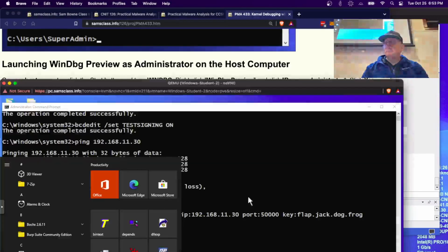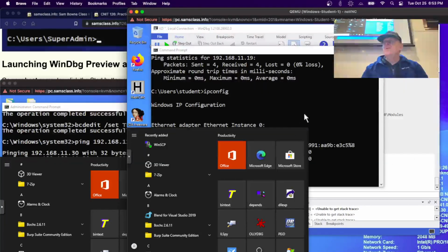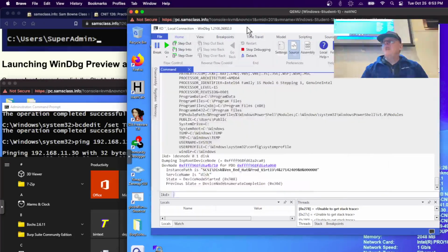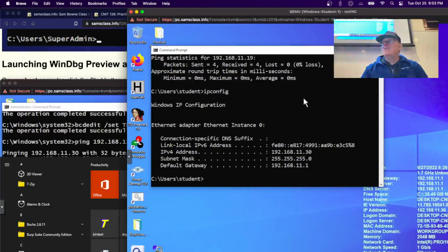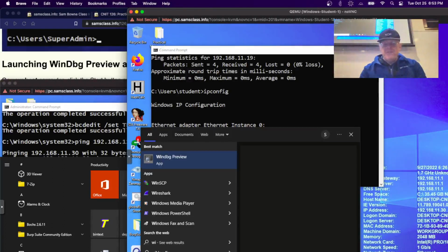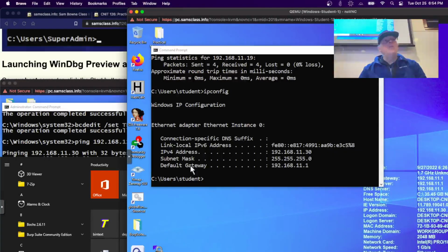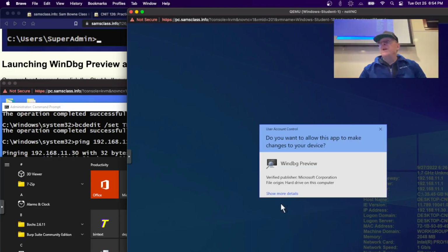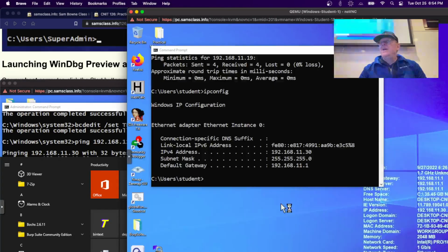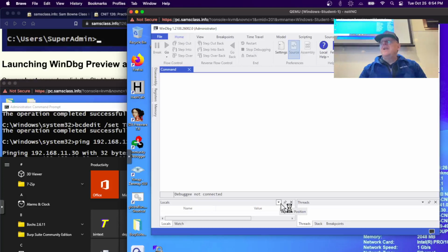All right, let's go back to the other computer. This one. This one's the host. Launch WinDebug Preview as administrator. I think I'll just close it and restart it because I don't know if I started as administrator. In fact, maybe in that Windows 11 I didn't start it as administrator when I connected it to kernel. Maybe that doesn't fail as much as I thought. Anyway, WinDebug Preview. I don't think I remembered to start it as administrator. That might have been okay on the ARM. Maybe I'll try it again later. Anyway, start as administrator, and now